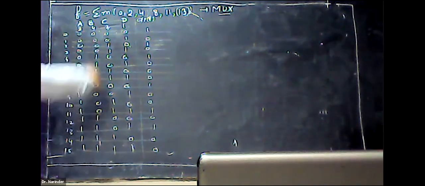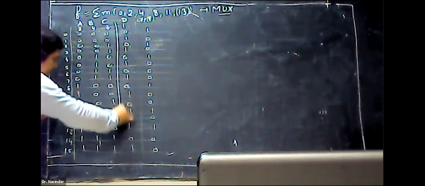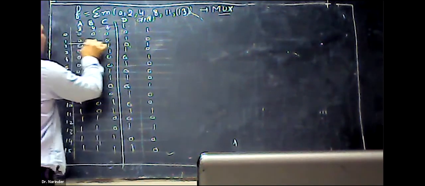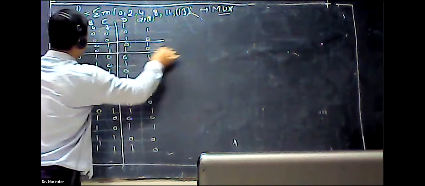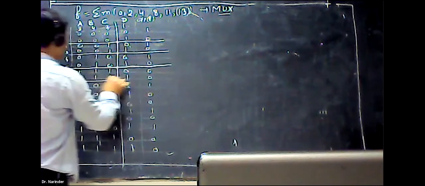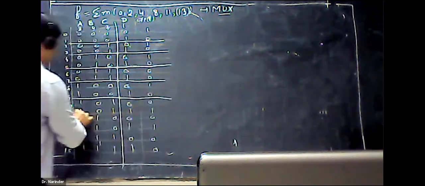This is the output column we will fill. Now again, understand it very carefully. Where I am going to draw these lines: after every 2 entries, draw one line, like this.